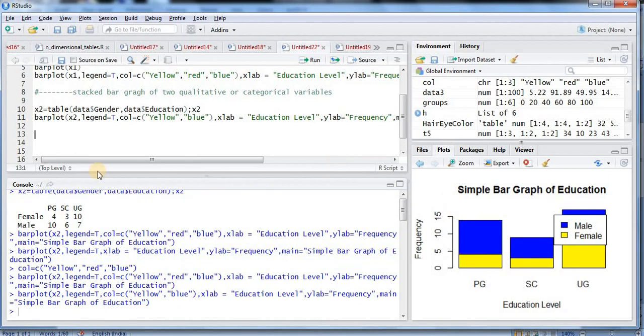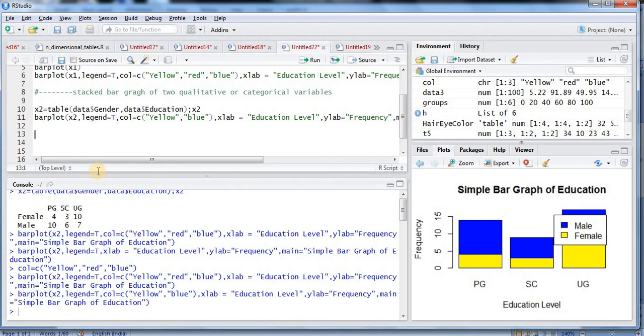Now instead of a stacked graph, I want data in such a way that they are beside each other. So male and female of a PG category will come side by side. We'll create a cluster chart for this.